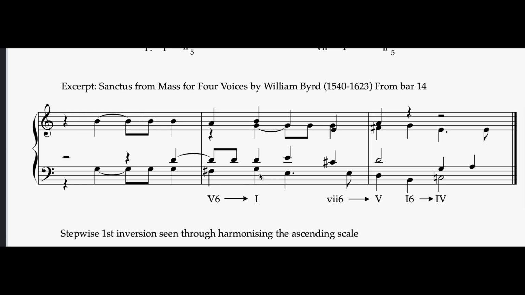So we get this scale motion in the bass, and here we have the third of chord 5. So what would normally be D, F sharp, A, well, the F sharp we have in the bass voice. And so as a slightly destabilized version of the root position triad, we've got the third in the bass. We then resolve to a root position chord, and it's very satisfying. So we've got that scale motion in the bass. But what's really going on here? Well, this F sharp to G is part of a theme,